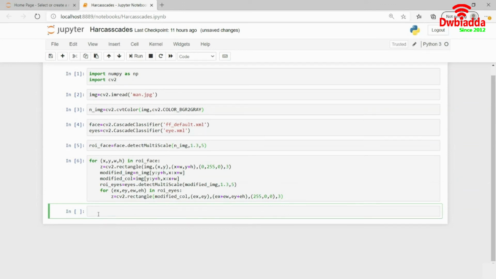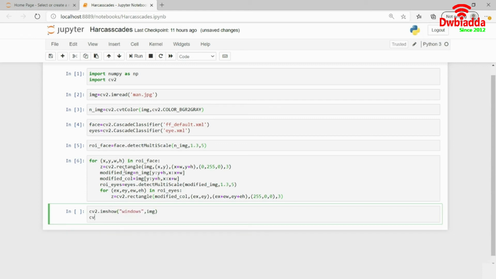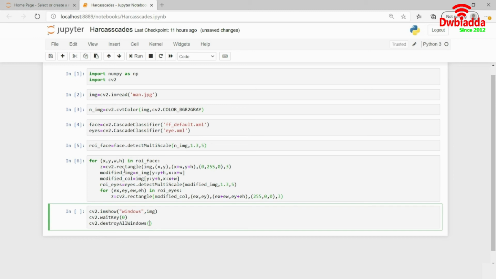So before looking at the final image, what I am required to show you is the image that I actually started with. So it should be cv2.imshow, window, comma img, then cv2 dot waitKey, and then cv2 dot destroyAllWindows, something like this.